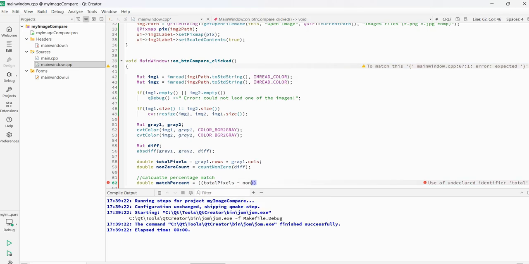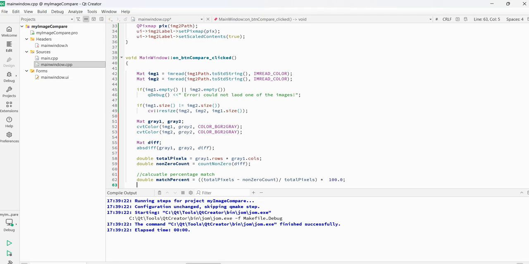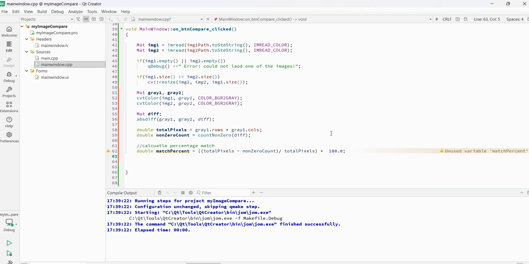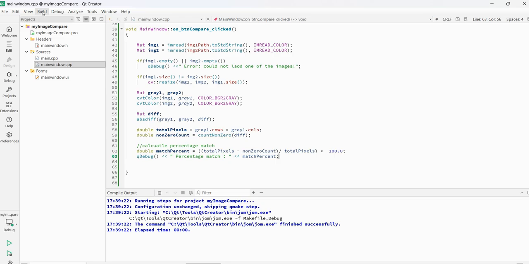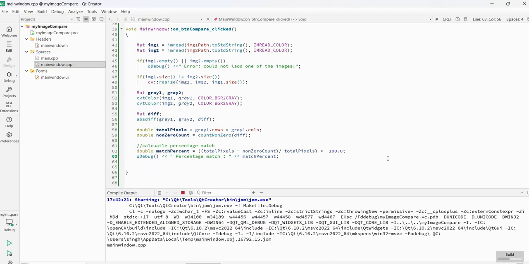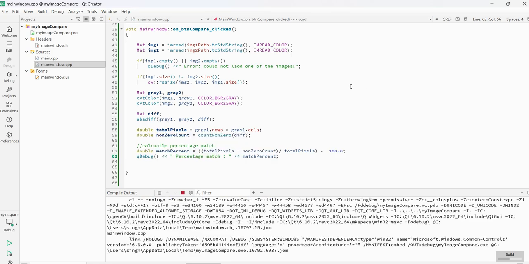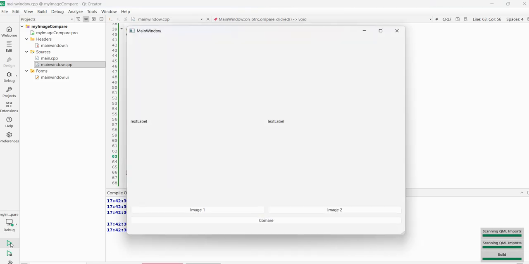Total pixels minus non-zero count, divided by total pixels. And then we can just print it for now: percentage match, percentage. Let's run it, let's build it again. At least it will show that this much is matching. And if I run it,